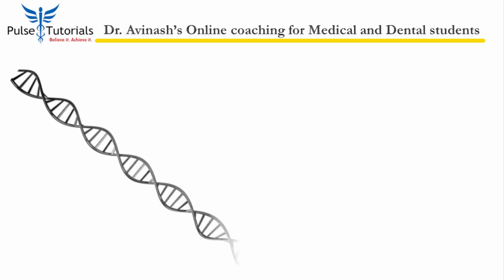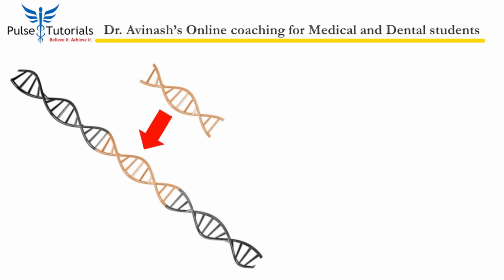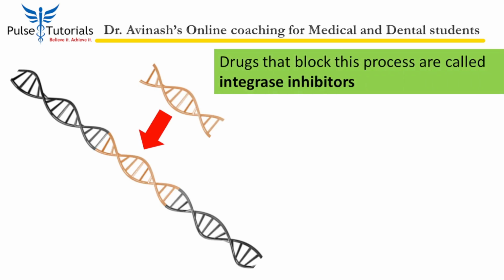What does the virus do later on? Well, it undergoes integration. It gets inserted into human DNA, right? Let us block this particular step. Now, when integration does not take place, viral infection will not progress. These are drugs called raltegravir and dolutegravir. So these two drugs work like this. And lastly,